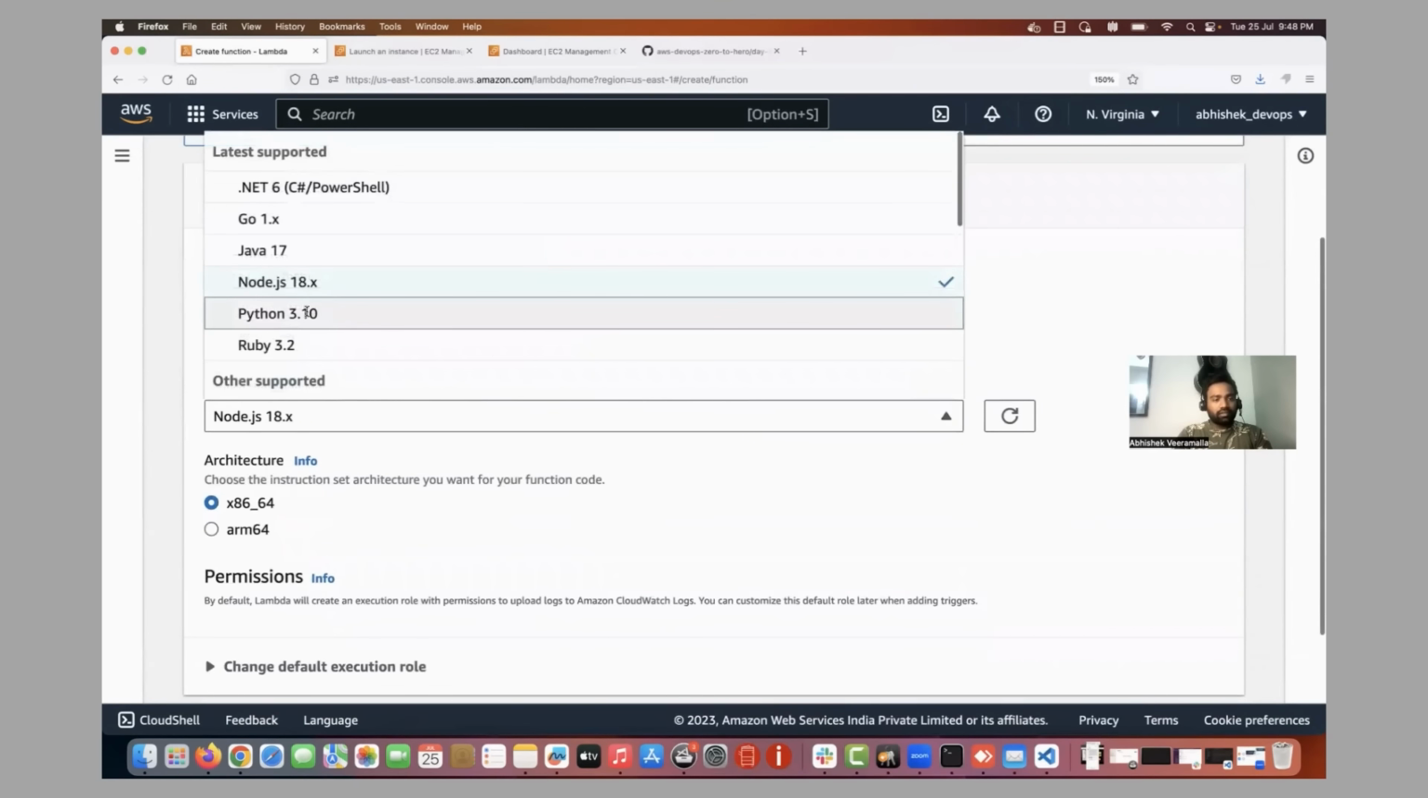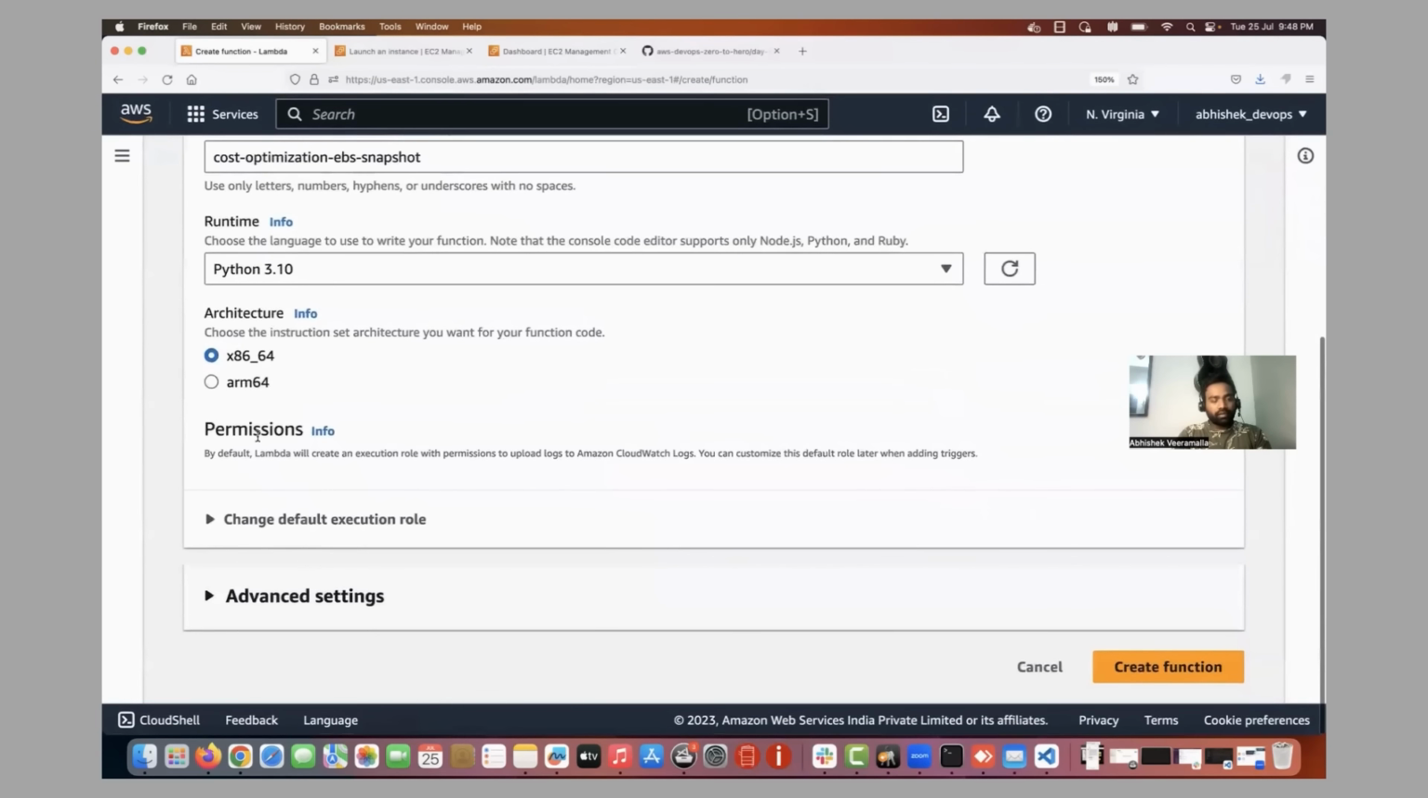Let's say Python. We will go with the default permissions, and I'll update the permissions later, right? So this function will fail a couple of times. I'll tell you the reasons. So firstly,